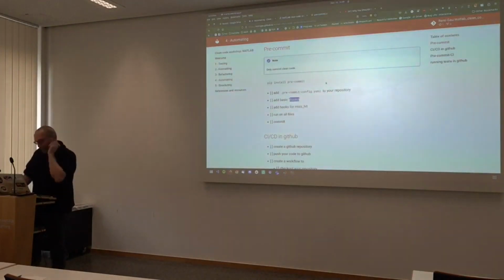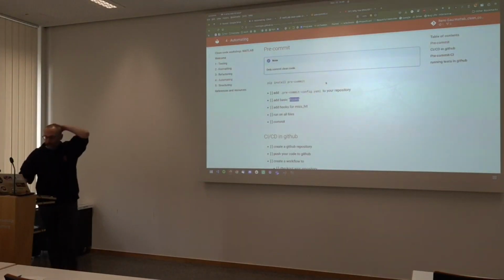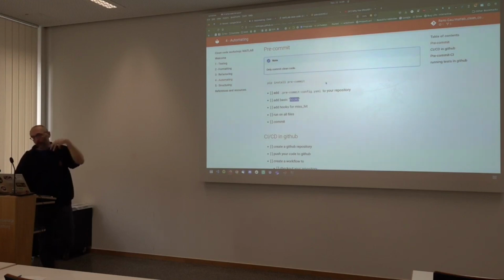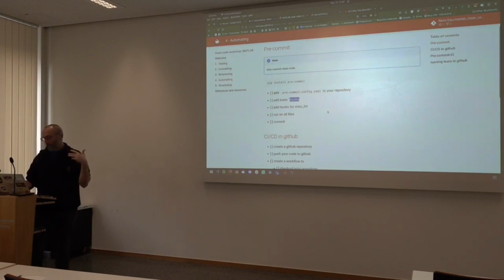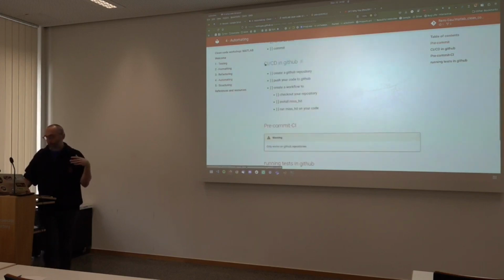Okay, so ideally what I wanted to tell you when it comes to automating things were pre-commit, which is a type of automation you can run locally on your computer, and try to tell you about how to run things automatically using continuous integration with GitHub. That second part, I'm pretty sure I won't have time. I can show you some hints on how to get started, but I think, Julia, you said that we have more stuff on continuous integration in another workshop, so I won't go in depth here.